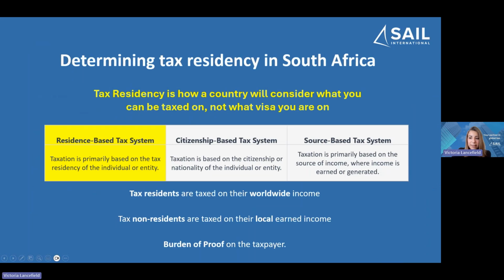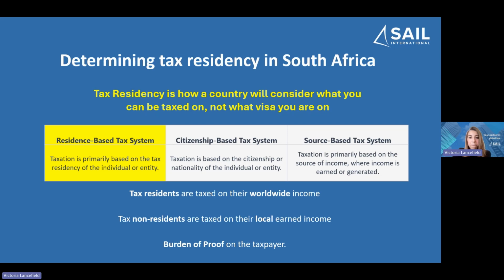Let's dive right in. Determining tax residency in South Africa. To effectively manage international tax matters, it's crucial to understand the varying approaches different countries or jurisdictions, as we refer to them, take towards taxation. Firstly, I want to clarify, tax residency is how a country will consider what you can be taxed on, not what visa you're on. The three main tax systems that exist are residency-based tax system, citizenship-based tax system, and source-based